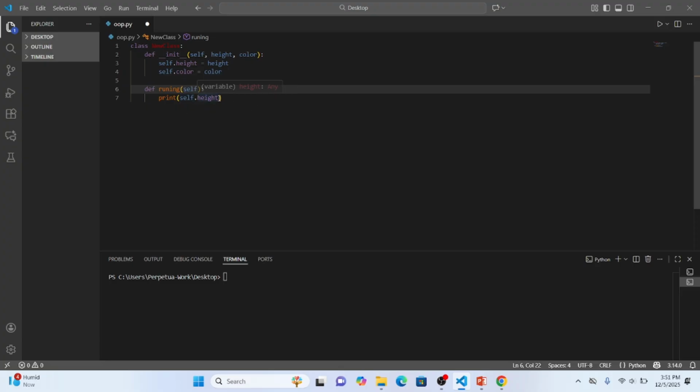By the time I print this, whatever the member of that class, don't worry about that. We are going to cover instantiation very soon. So by the time you instantiate this class, whatever the value of height is for the instance of that class, or the object of that class, comes out here to print. Okay, so I hope this is not too confusing, but if there are any questions, feel free to